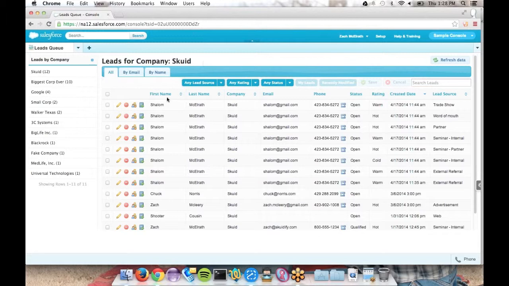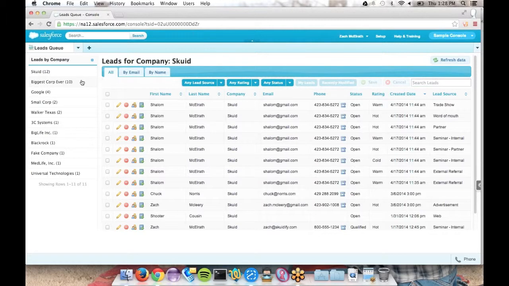What this page is doing is letting you organize your leads in the context of expecting there to be duplicates, and prioritizing them and merging them. So here we have lots of leads coming in, and we're organizing them by the lead company. So we're also showing them top down.